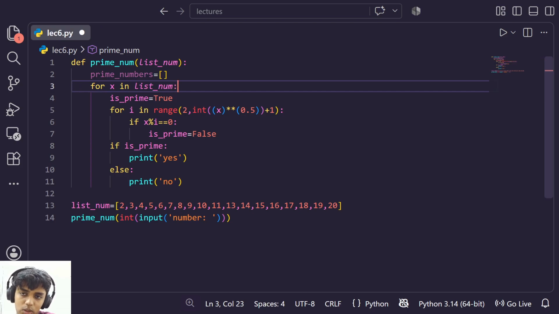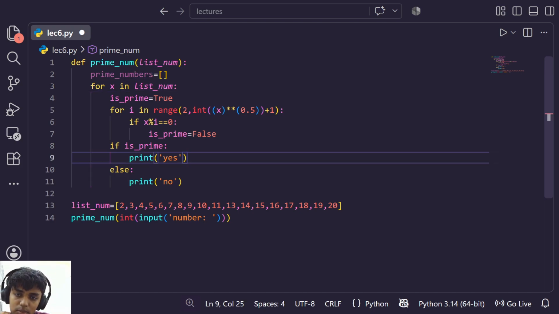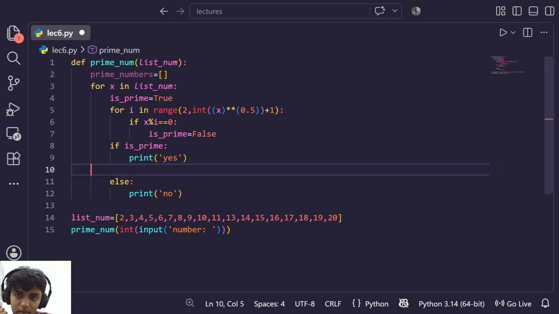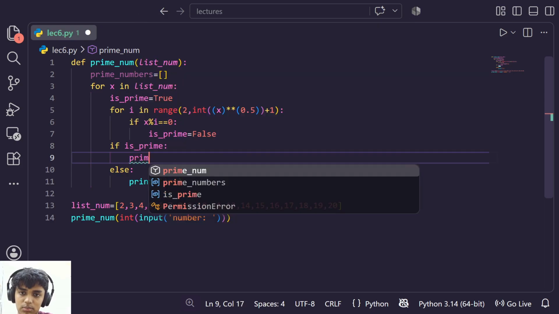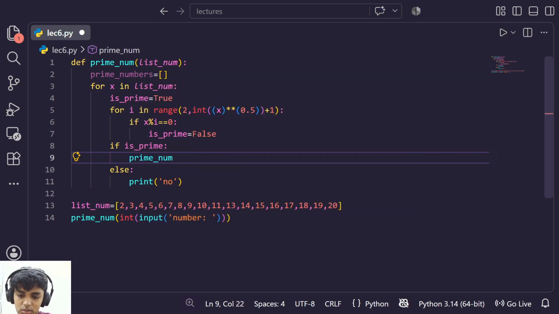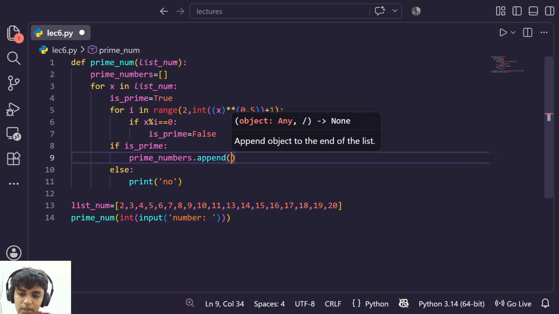We will be taking one x at a time, and then we will be printing yes or no. And let's append these items, prime_numbers.append(x),